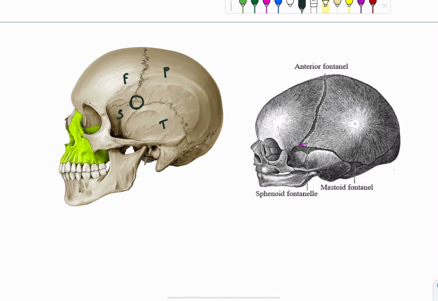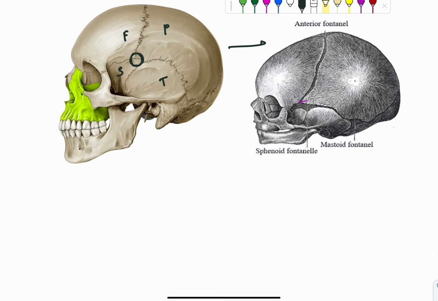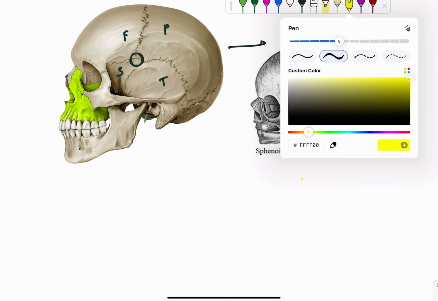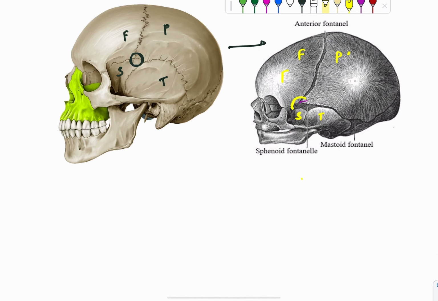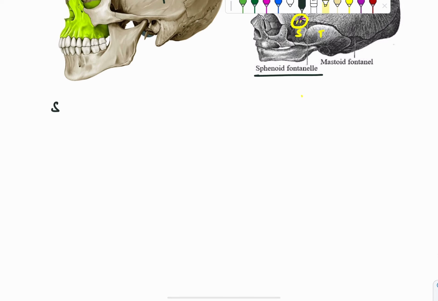Actually these sutures are fused here, but look at this picture over here. In this picture you can very clearly appreciate this is your frontal bone, parietal bone, this is temporal, and this is sphenoid bone, right? So at the junction of all these bones you see a suture here, you see a fontanelle here. This fontanelle is called the sphenoid fontanelle. Okay, so if I write it down like this, sphenoid fontanelle,